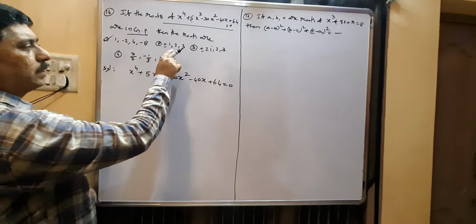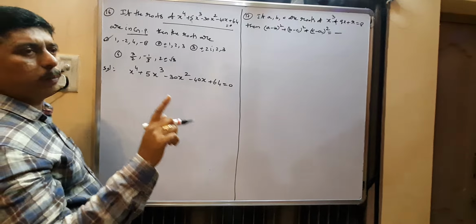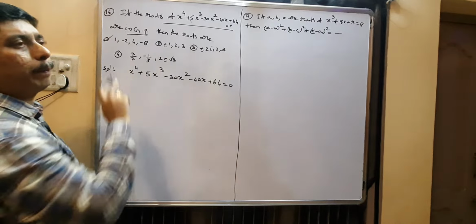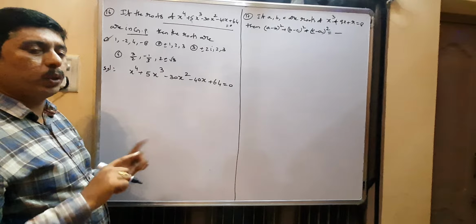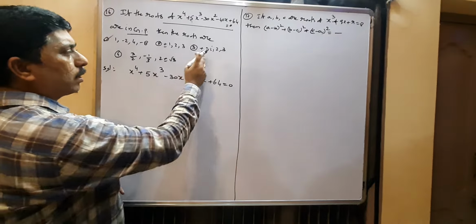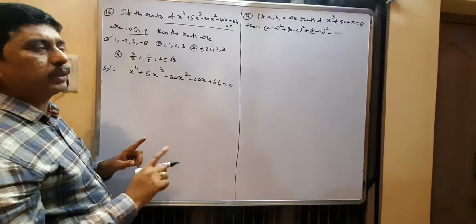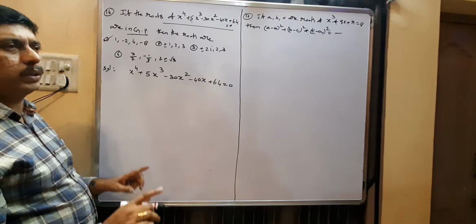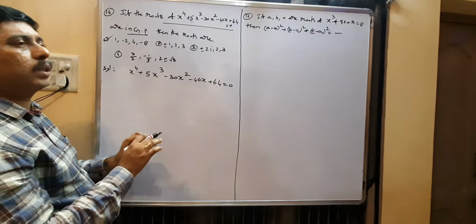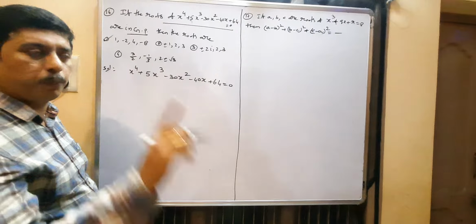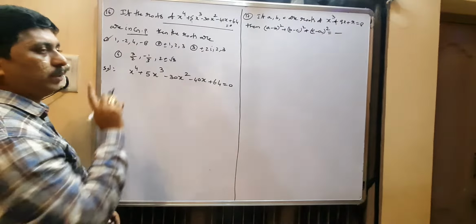If you want to consider minus 1 by plus 1, minus 1. 2 by plus 1, 2. Or 2 by minus 1, minus 2. The common ratio is not same. Third option also common ratio not same. Fourth option also common ratio is not same. So second option, third option, fourth option, roots are not in GP. That is one way to find the roots of the equation.